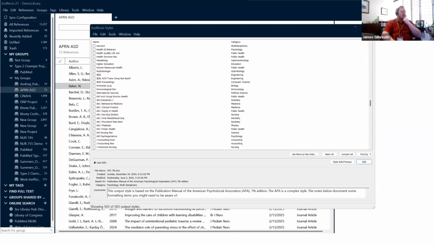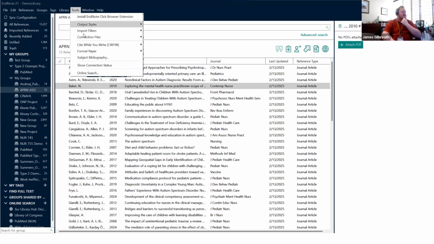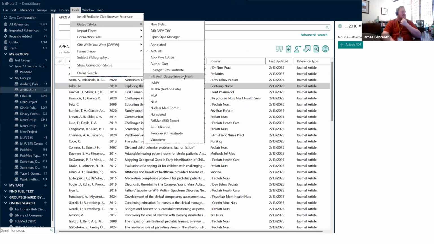If you want an output style to show up in that drop-down menu, you open up the Style Manager and you click the little check mark next to that style type. So this is International Archives of Occupational and Environmental Health, I assume. So I'm going to close that, and then in your output styles, there is the style. So I can now select it,